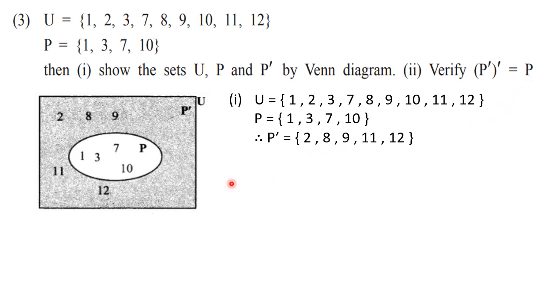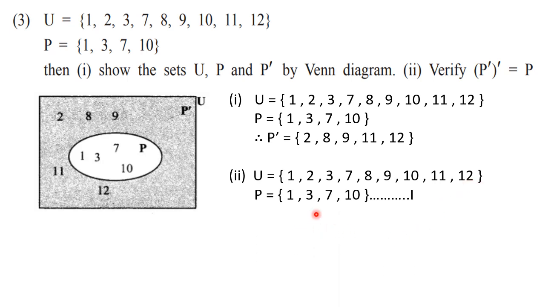So for second question also, first write down these three sets. We need them. Okay. So while writing, we will make some changes. So first of all, write down U from the question. Then write down P, but number it as 1. Because what you can find is P is here right hand side. So you number it as 1. Then write down P dash, which is already present up.